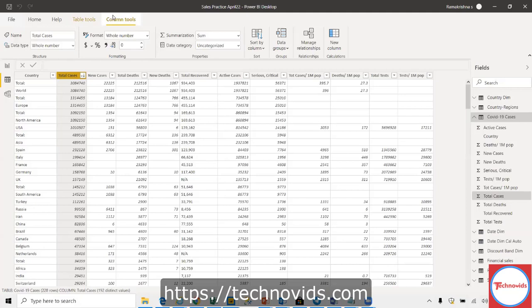So here there is some scope for improvement in terms of the data. If you see, there is a total, Europe total, all these things are not required. They may give a bit of wrong information. This I can always derive. If at all Europe is required, I may have to have a column for Europe or something like that. That way I can total, I can always derive. World I can derive. World and total are the same actually. If you can see, both are the same. So these are unnecessary data.